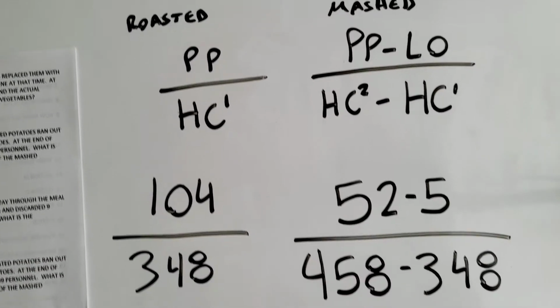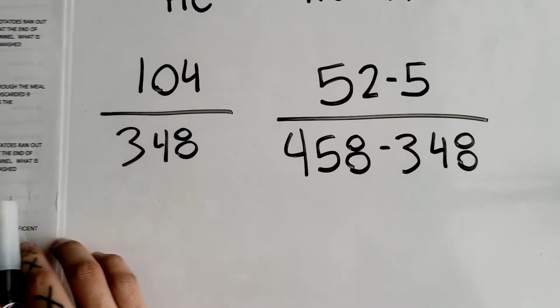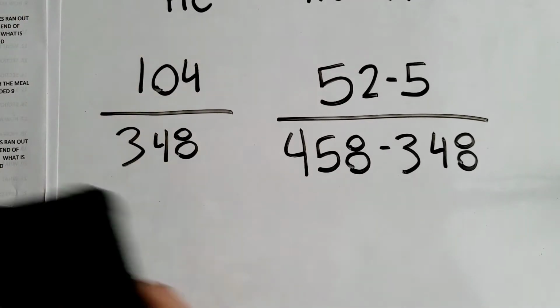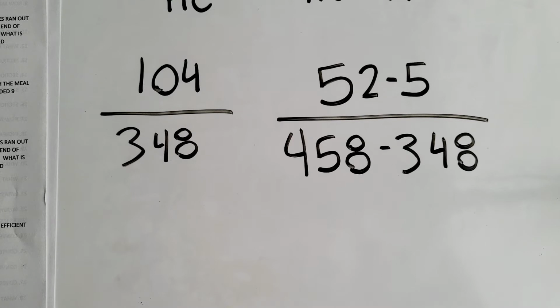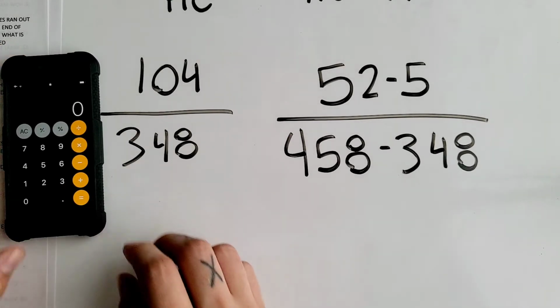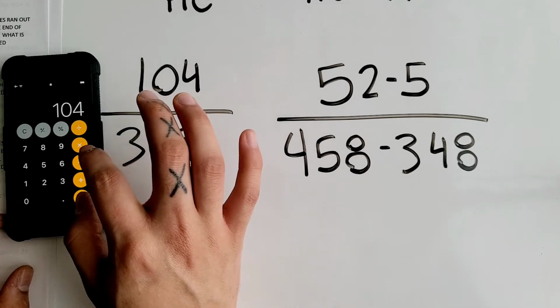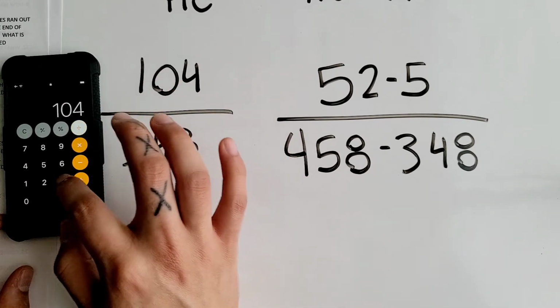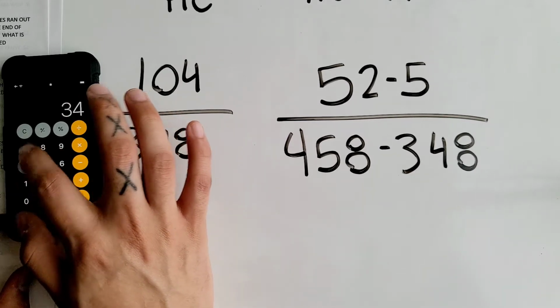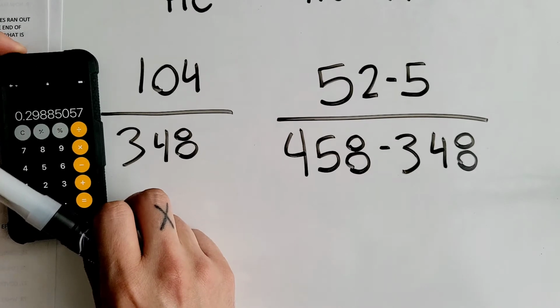So after that, you're going to plug in all this stuff into your calculator. So 104 divided by 348. So that equals